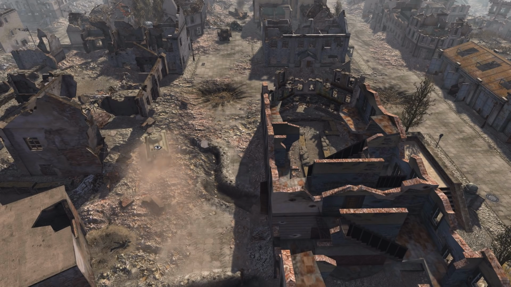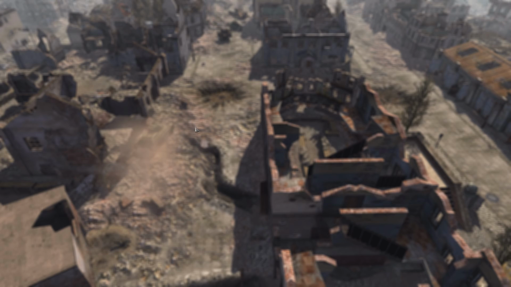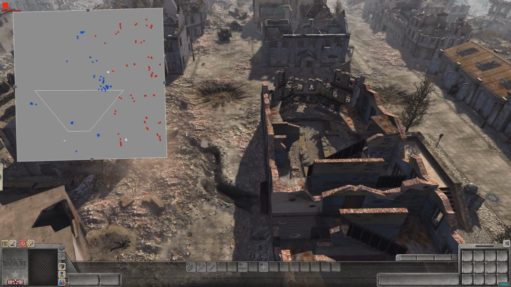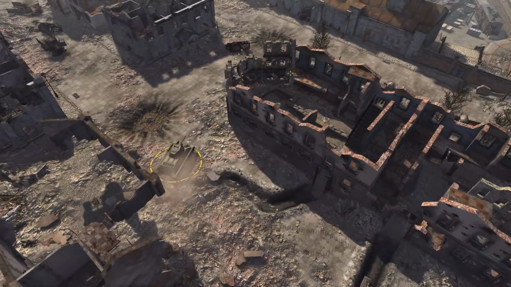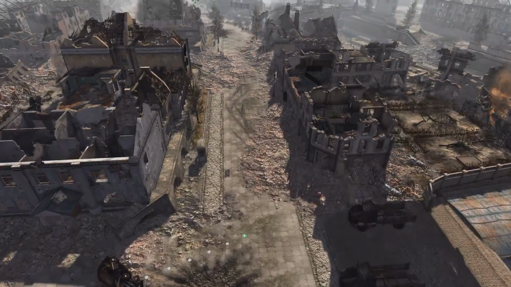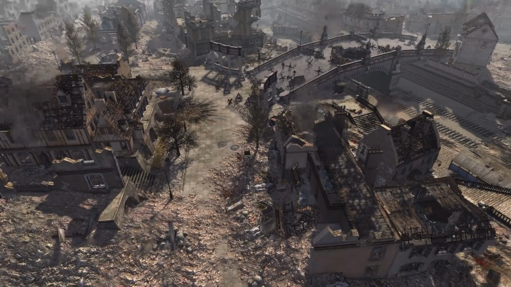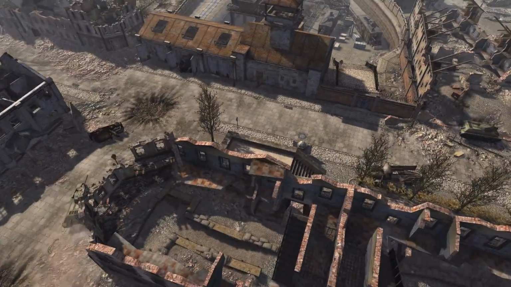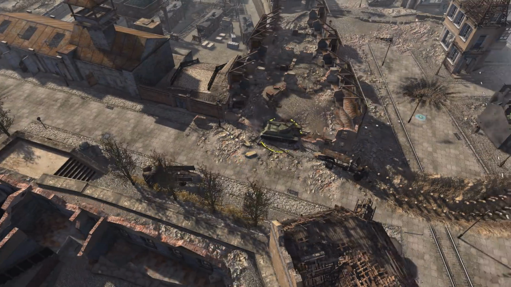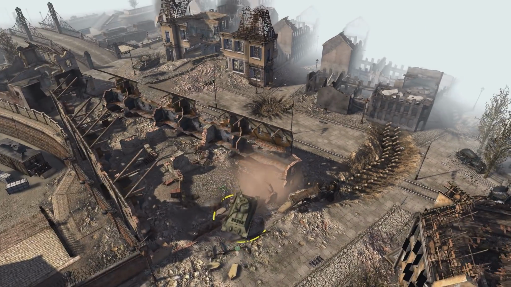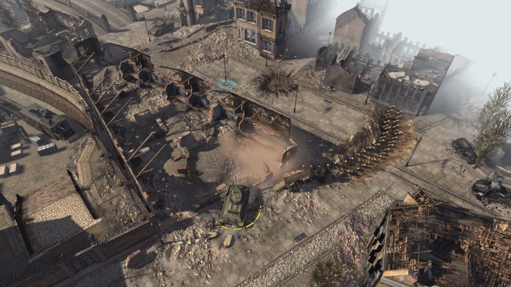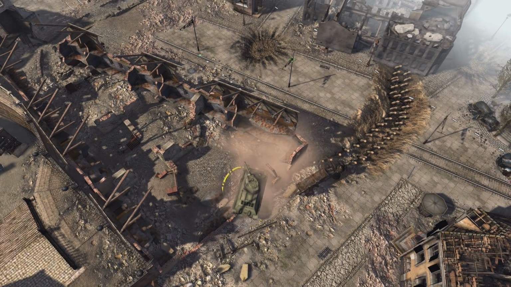Alright, I'm going to do something in the favor of the Russians right now, if I can control it, that is. There we go. We're going to be sending the tanks up towards the bridge, where they will do some good. If I'm going to control the Germans, then I should of course give the Russians a helping hand too when their tanks start derping out. Let's see if we can't get across here.